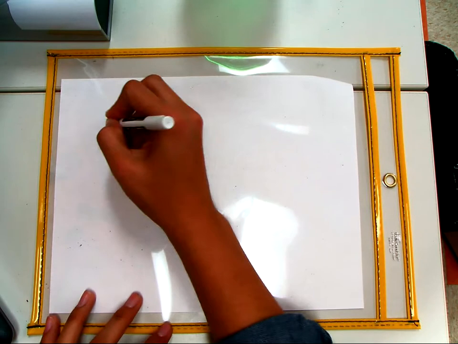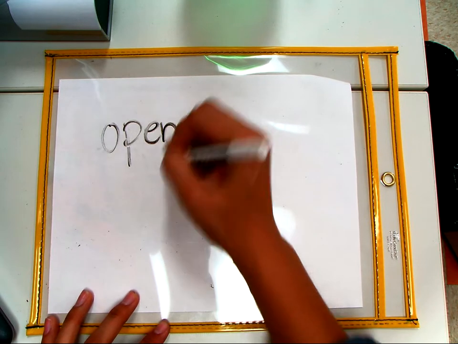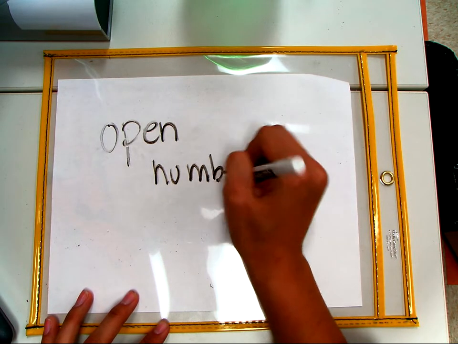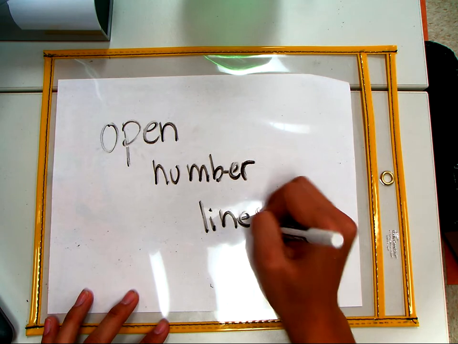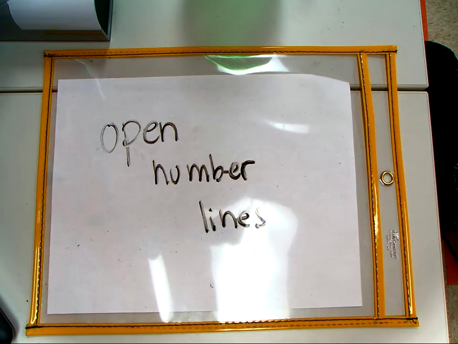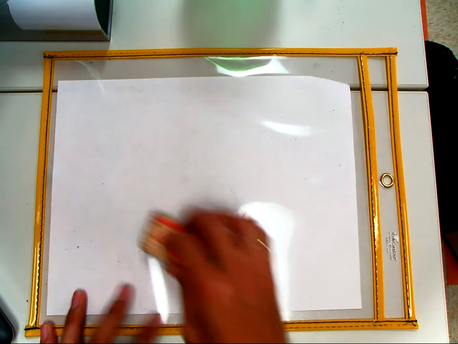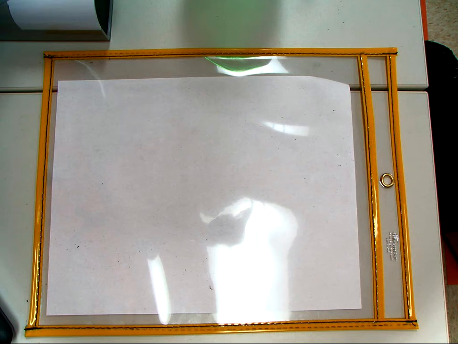Okay, families, this video is going to be on open number lines. This strategy really involves a lot of understanding of the place value system and the base 10 system. So this is a real application of that. This strategy is very useful though as students are working through addition and subtraction with regrouping numbers and adding and